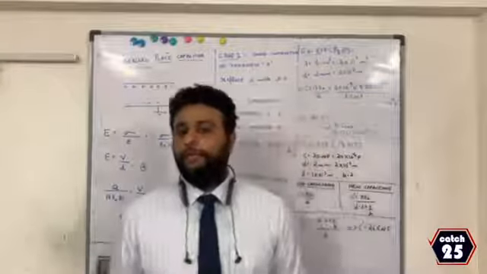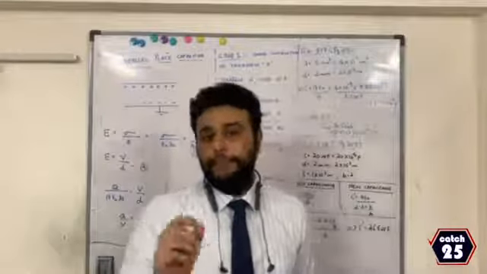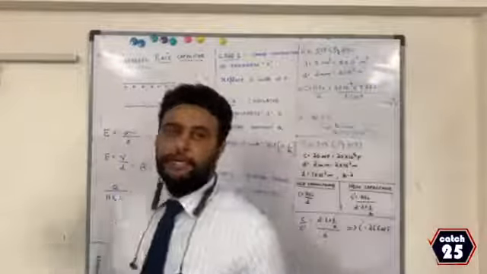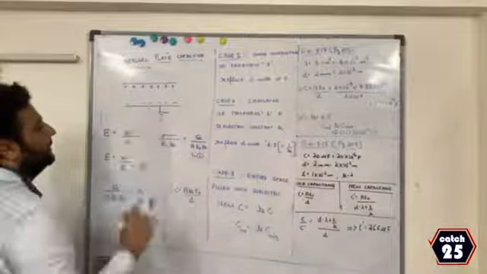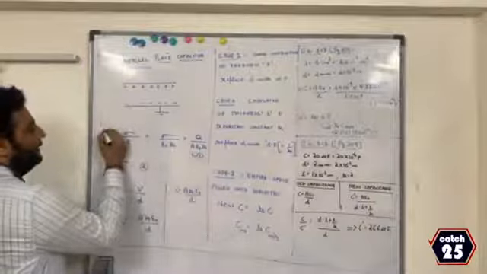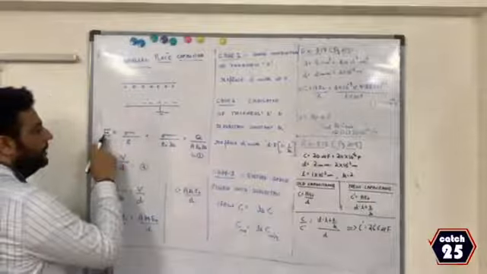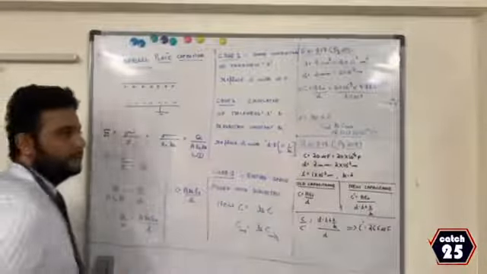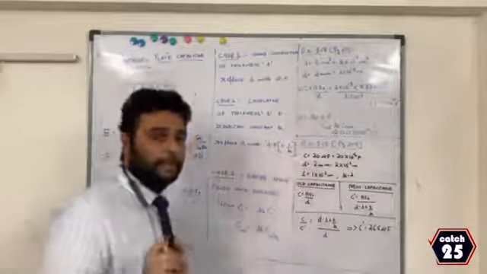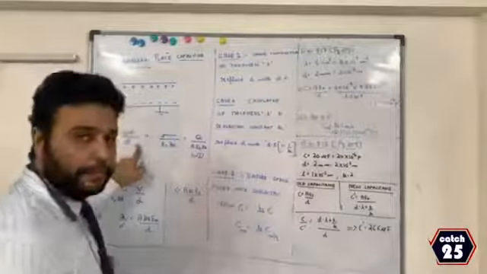What is the general formula for capacitance? Q equal to CV. But if I ask you what is the specific formula for a parallel plate capacitor, the formula is here. Look at the derivation first. Very easy derivation. Now this is a parallel plate capacitor. To get it, we make use of electric field E. Everyone knows the basic formula of electric field is sigma by epsilon. Sigma is surface charge density and epsilon is the permittivity. If you don't know, please make a note. The most basic formula for E, that is electric field, is sigma by epsilon. Now please look at the board.